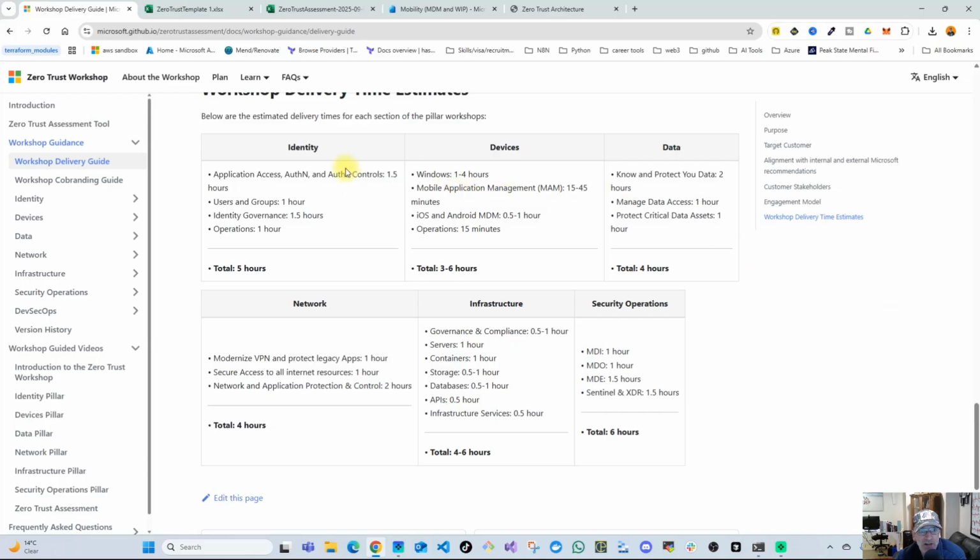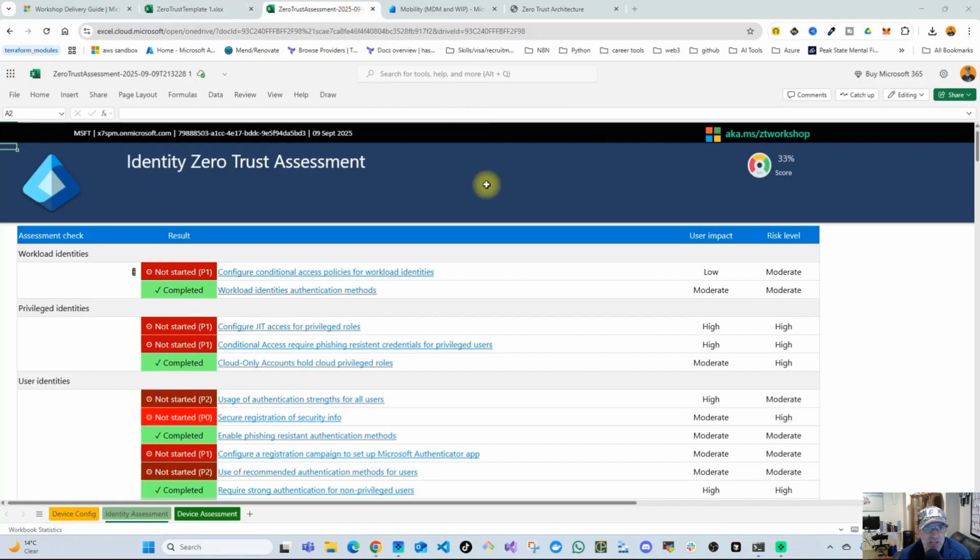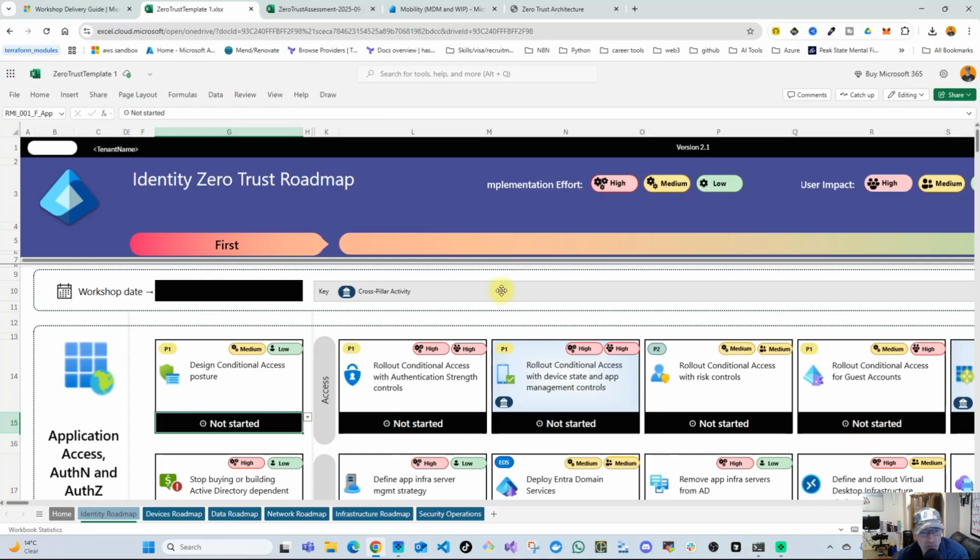You can see their identity, a total of 5 hours to do all that there. So all in, you could spend a couple of days here, longer if you're doing it yourself. If you incorporate it with a team, definitely you could whiz through it. Well, you don't want to whiz through it. You want to get it done right, folks, and keep doing it to make sure it's locked all the time,